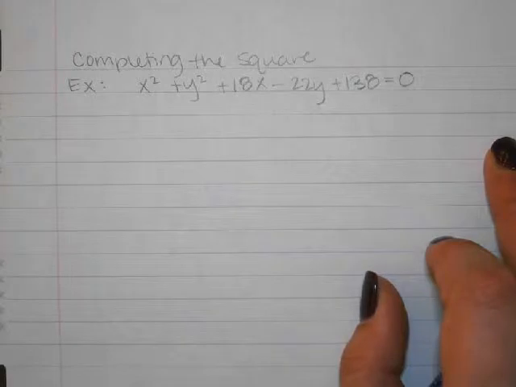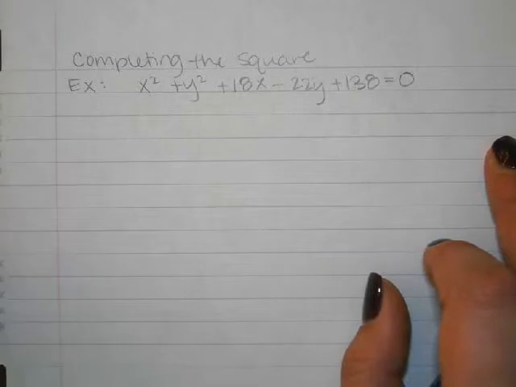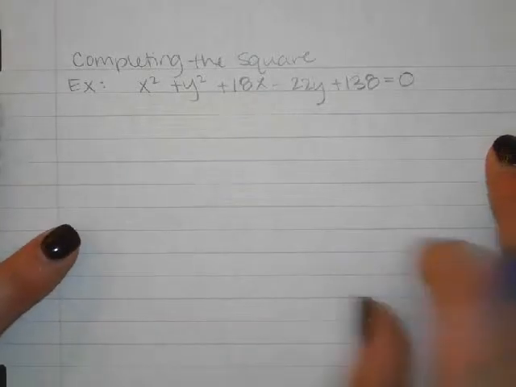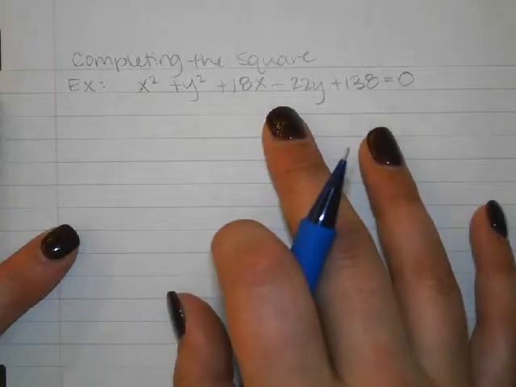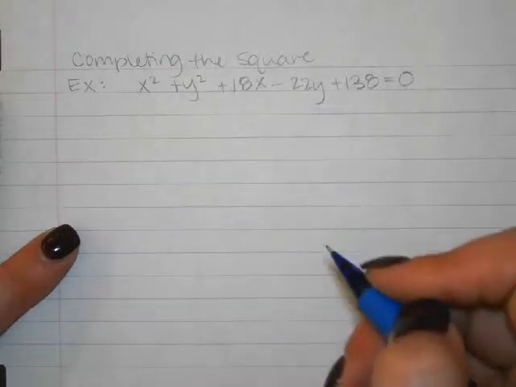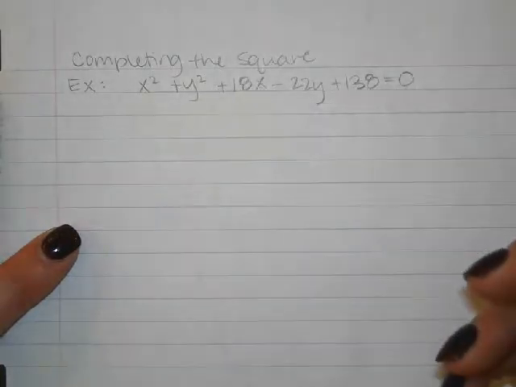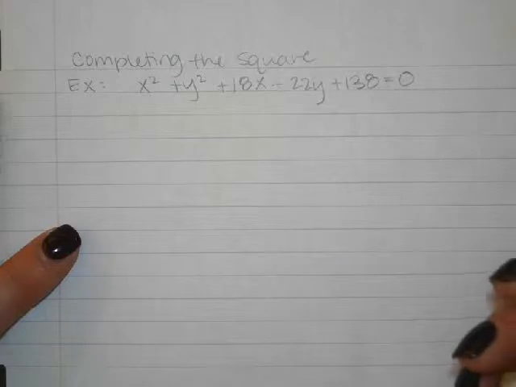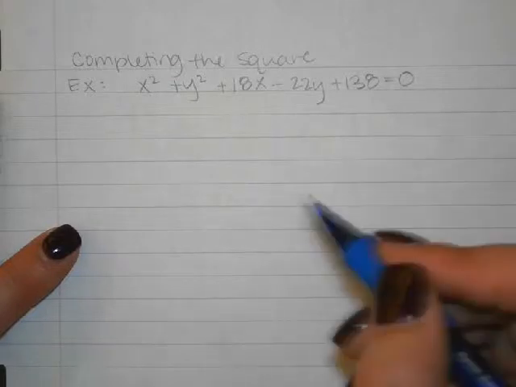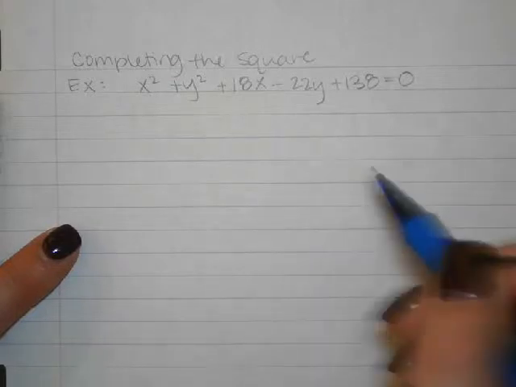And when you complete the square, you can get the equation of the circle in standard form. And standard form is what we like because we can see what the center of the circle is, and we can see what the radius of the circle is, and we can graph it really easily. Okay? So when you're completing the square and you have x terms and y terms, the first thing you want to do is get the x's together, get the y's together, and then any number that you don't have an x or y with, you want to get to the other side of